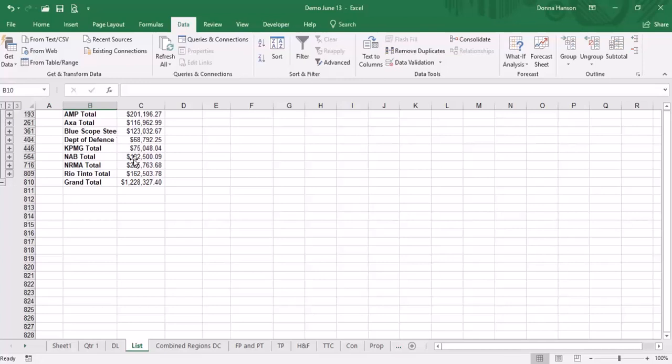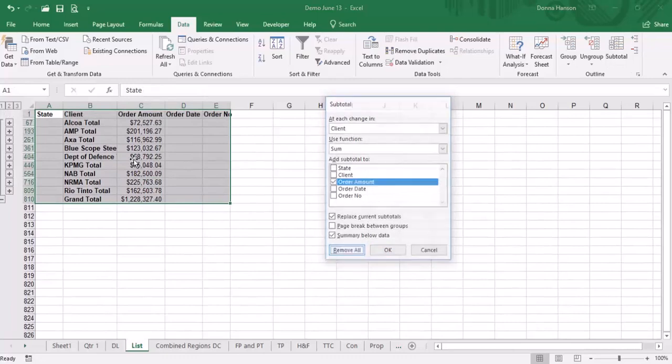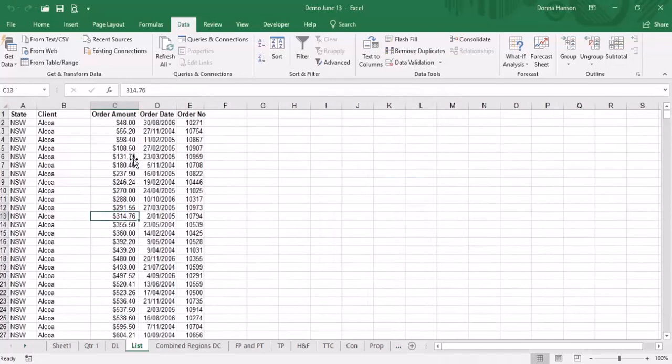Excel did it all through the subtotal option based primarily on the fact that our data was in list-based information with no blank columns or blank rows. I'm going to click subtotal and remove all to get rid of that. Now the next type of data analysis that you might want to do on this type of data is something